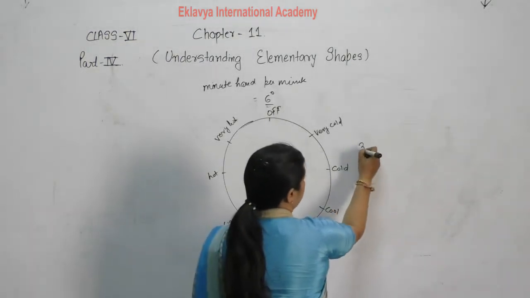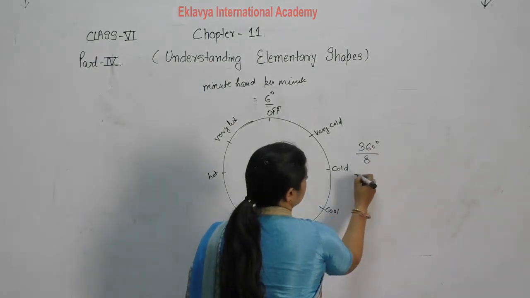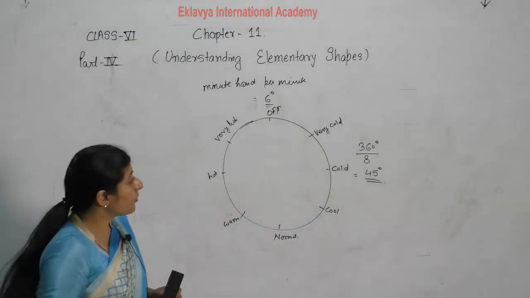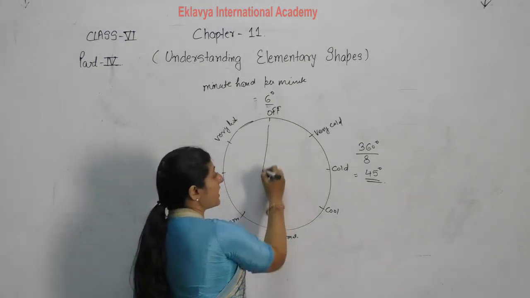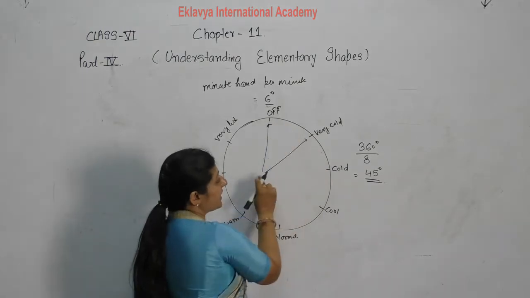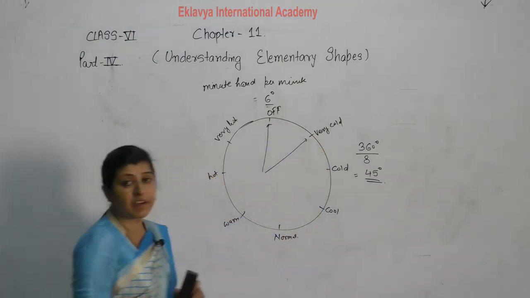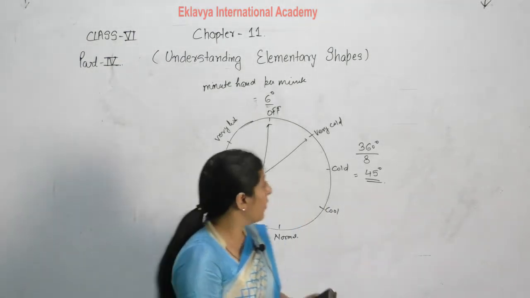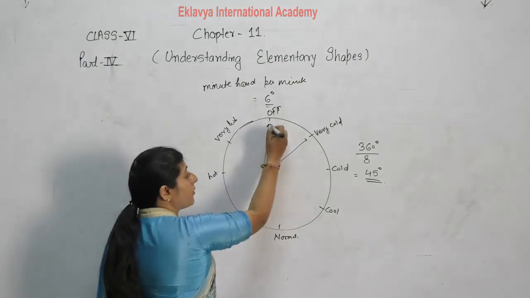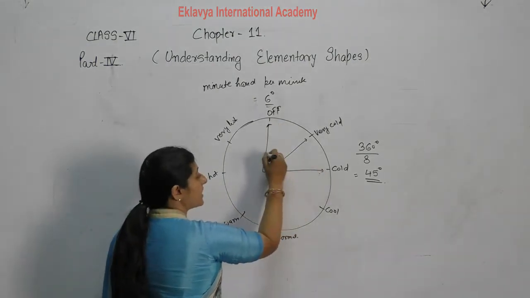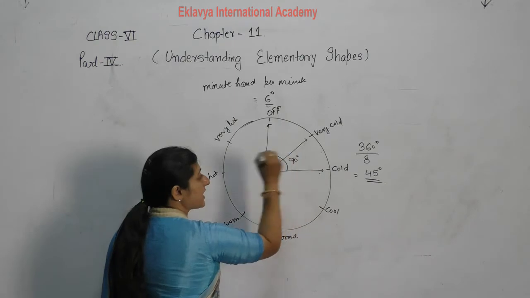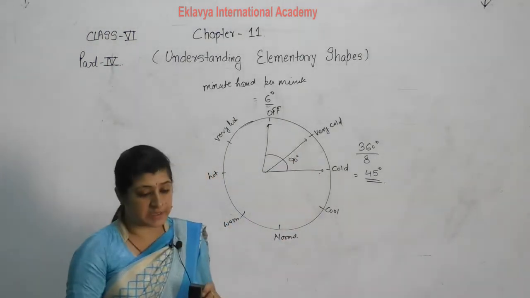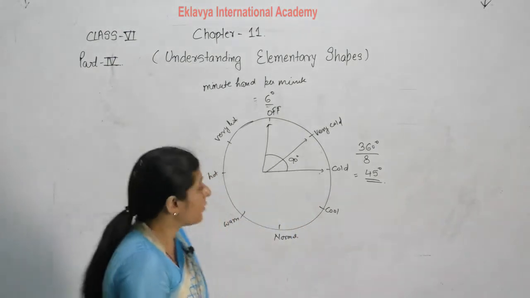It means each part makes an angle of 45 degrees. From off to cold is an angle of 45 degrees, then again very cold and cold, 45 degrees, like this. Now see the questions. Clockwise from off to cold. When you move from off to cold, this angle is in the clockwise direction. This angle is equal to 45, 45, 90 degrees.